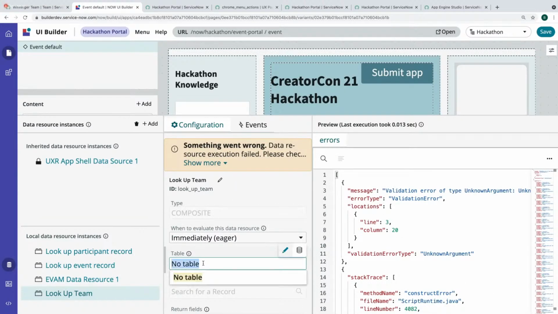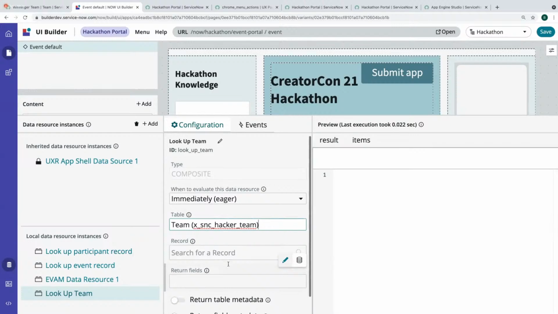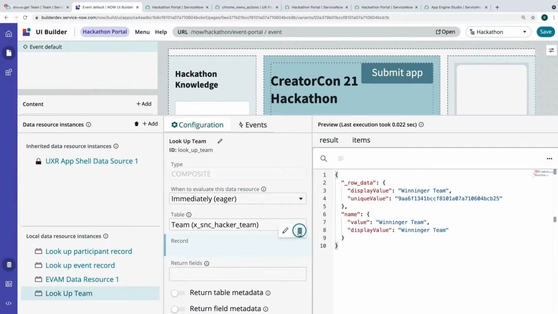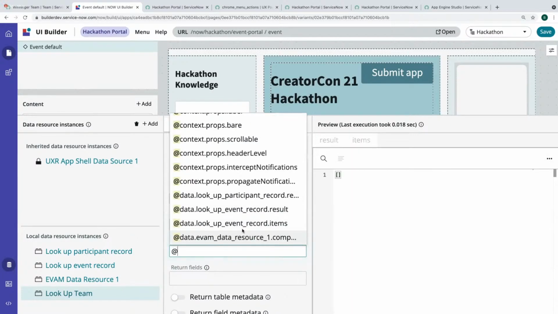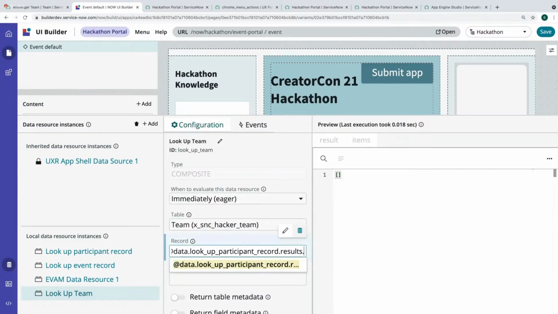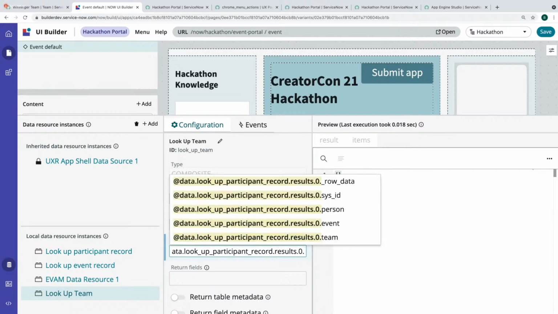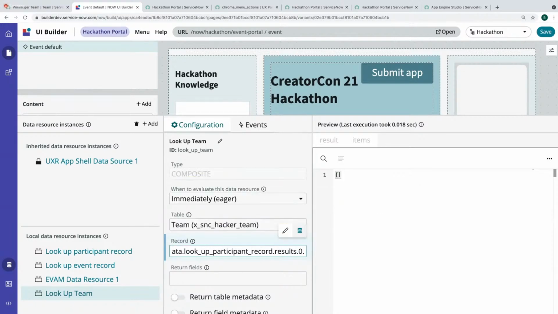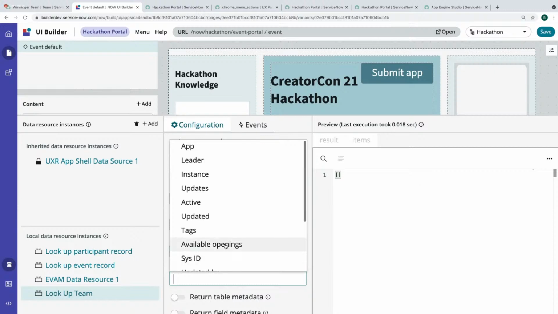So this is going to be the team table. And then the record is going to be from the participant record, I think, dot 0 dot team dot value. That looks right.